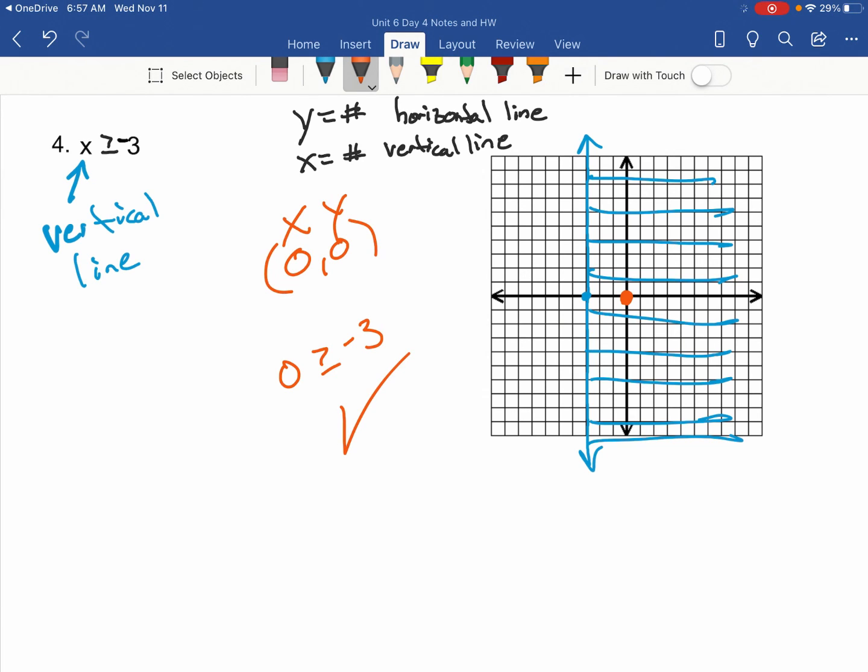Okay, all right. So hopefully now you feel like you can graph a linear inequality. Okay, do your assignment. Hopefully you have success. Make sure you check your answers, and